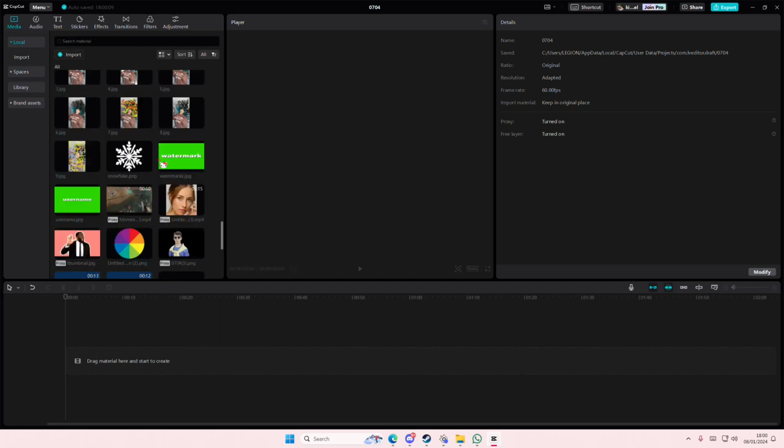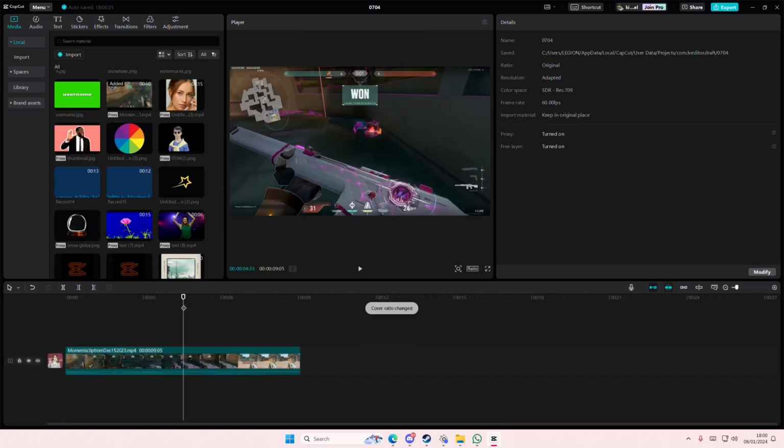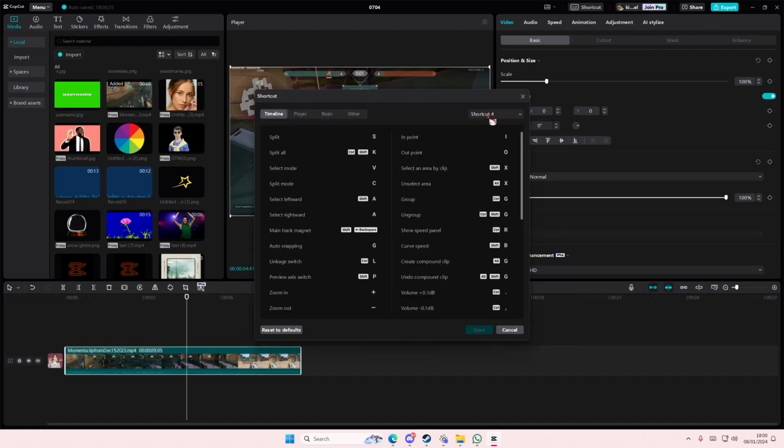So let me just add in a clip real quick. For this one, for instance, you're just going to go to shortcuts here, and these are the shortcuts that I have, which is shortcut 4. There's shortcut 1 to 5. And you can definitely change the shortcut. For instance, you want split to be S. But you can also delete the auto snapping one because it will